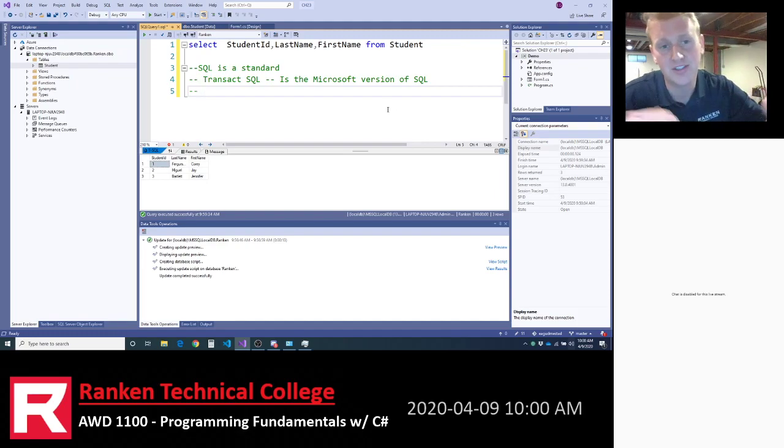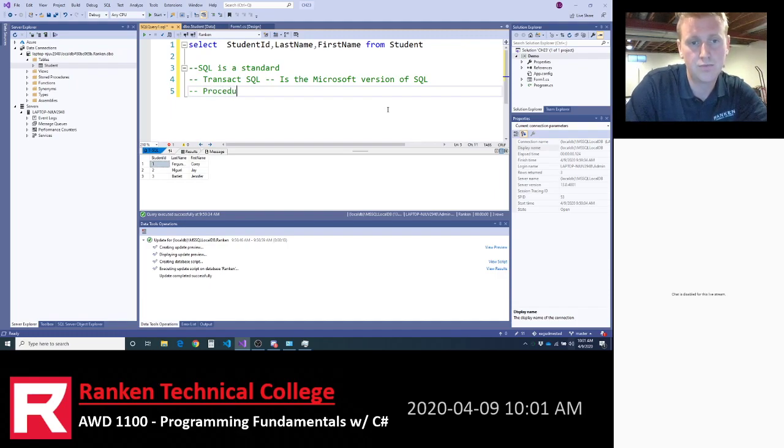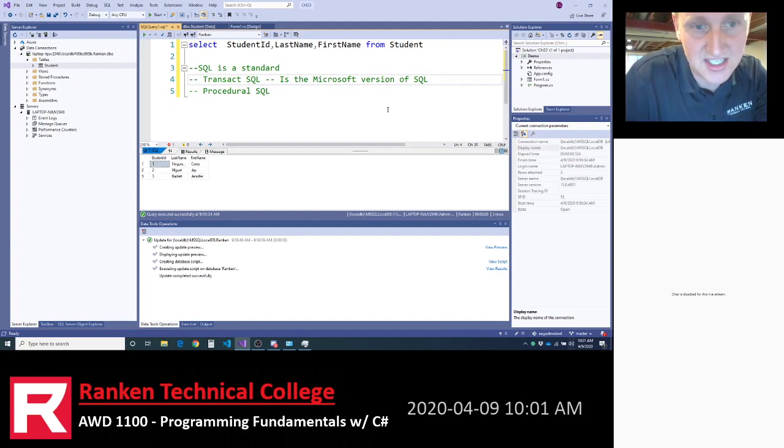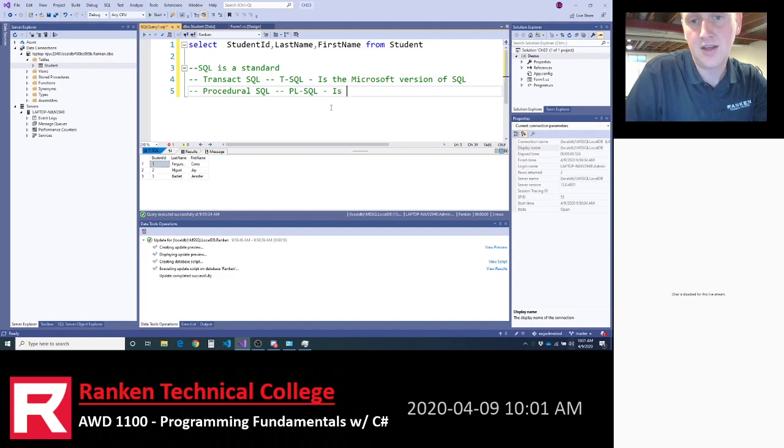And so Transact SQL is a version of SQL. That's the T-SQL that you're looking at, right? T-SQL is the Microsoft version of SQL. Procedural SQL, also called PL SQL, is the Oracle version of SQL.